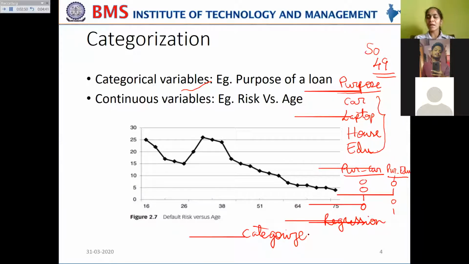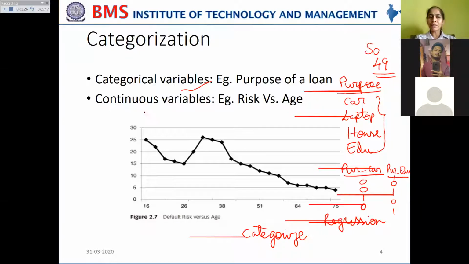Categorize them such that if the loan is an education loan, then all the education purposes will be covered under that. And if the loan is a personal loan, buying a car, building a house, or buying a laptop, all these will be covered under personal loan, or buying a vehicle, all this can be covered under personal loan. Means in this case, we are reducing the 49 dummy variables into two different categories. One is the personal loan and one is the educational loan. That is how we perform categorization in order to reduce the number of values under a particular parameter.